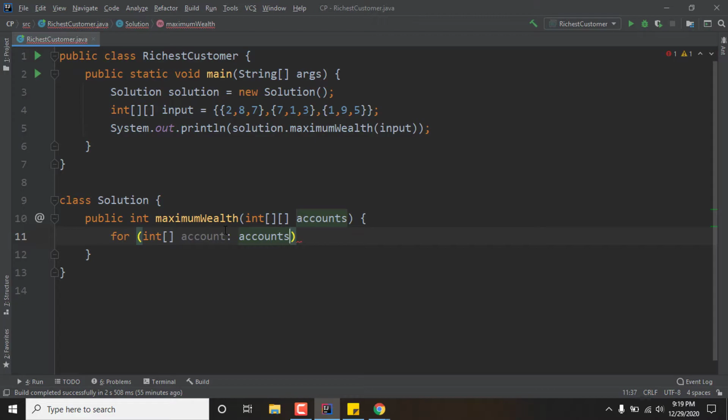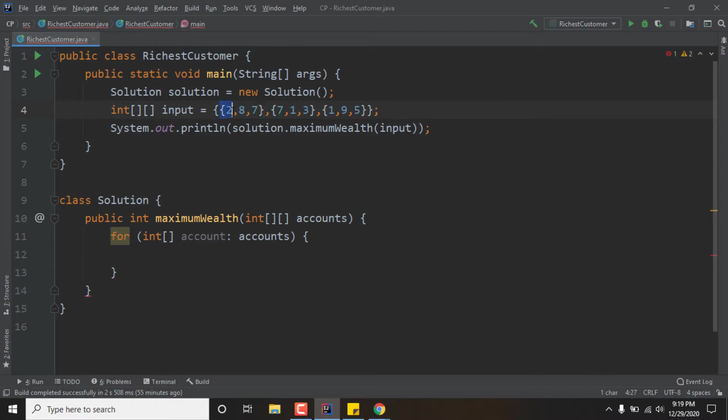That means we are iterating each element in the two-dimensional array, which is also an array. So I'm getting the single arrays in this two-dimensional array like this, as I have selected the part.